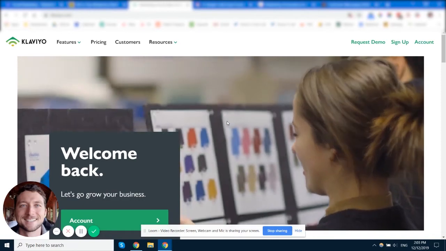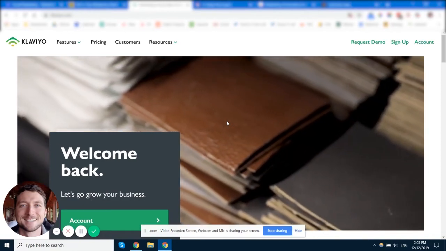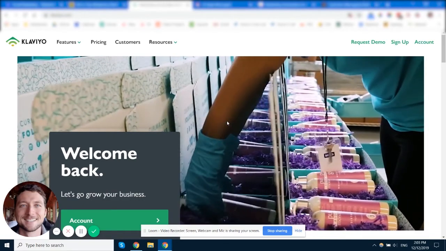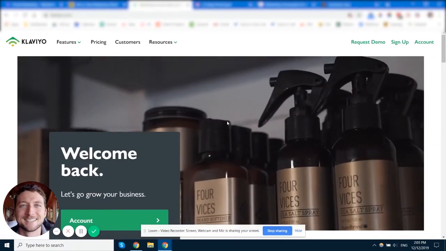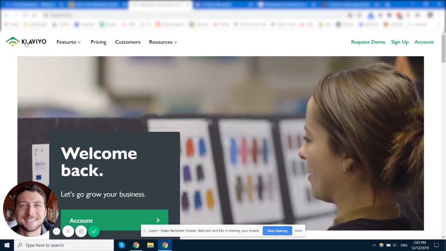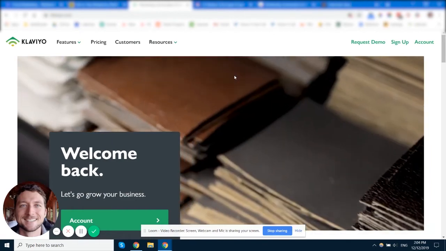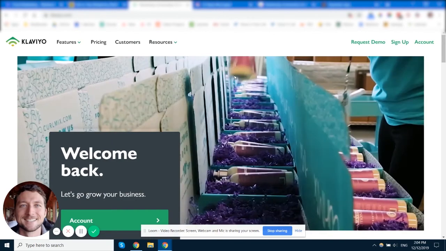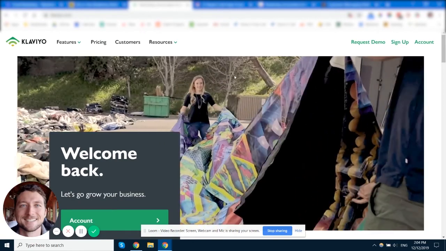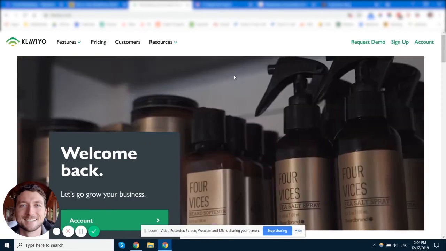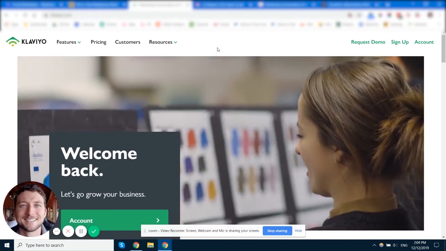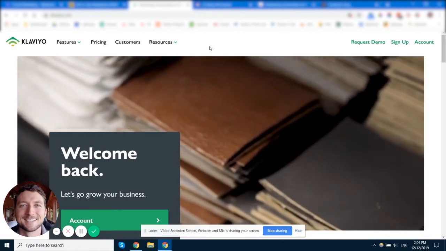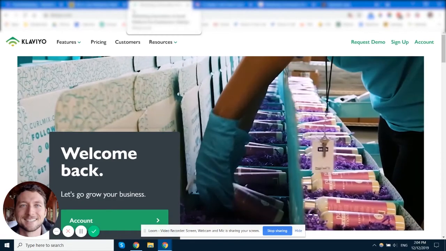Klaviyo is really good for e-commerce stores where products cost a couple hundred dollars or less, and it's a really transactional, e-commerce events-based system. With it, you'll be able to pull in pretty much anything: all the products customers have purchased in the past, all the ones they've visited on the website, and you can do a lot in Klaviyo for e-commerce. It's really well worth the price, and it is a little bit more expensive than ActiveCampaign and certainly more than